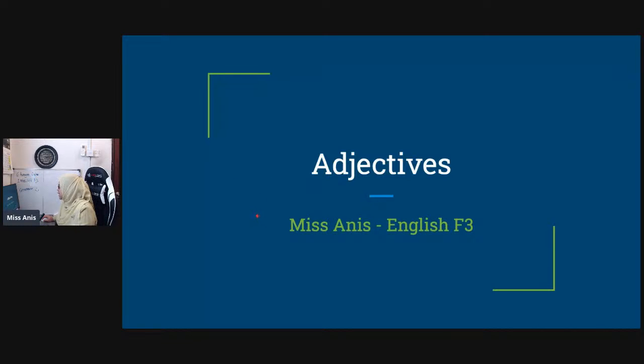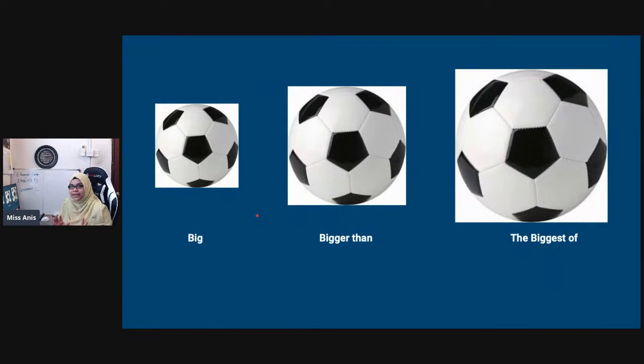Okay, bayangkan ada 3 benda. So for this case, ada 3 bola sepak. Alright, so you can see here from one soccer ball, kita tak panggil soccer,